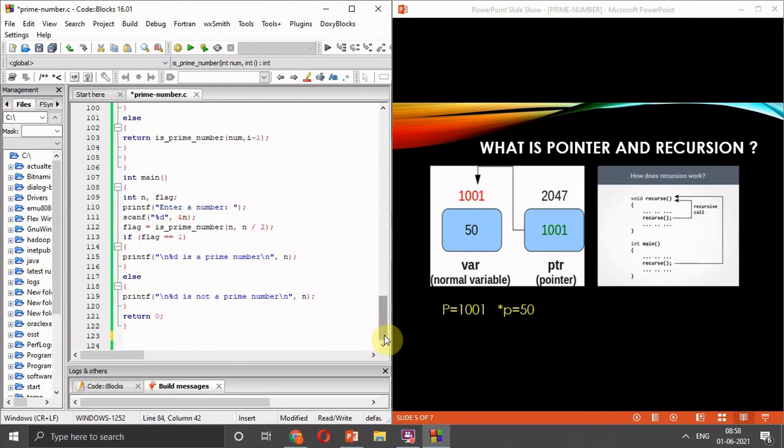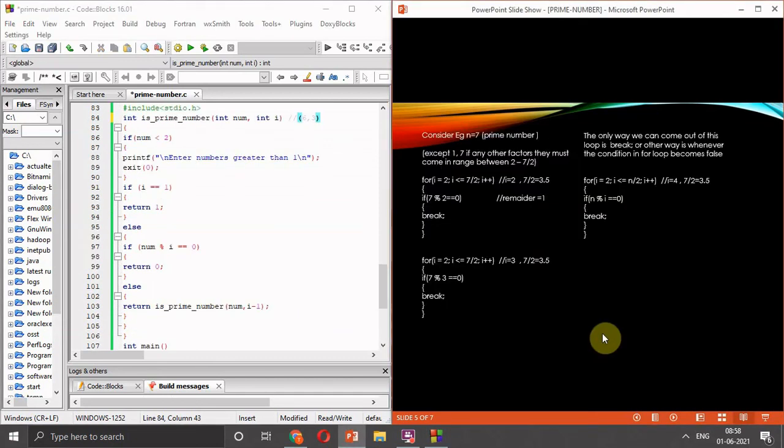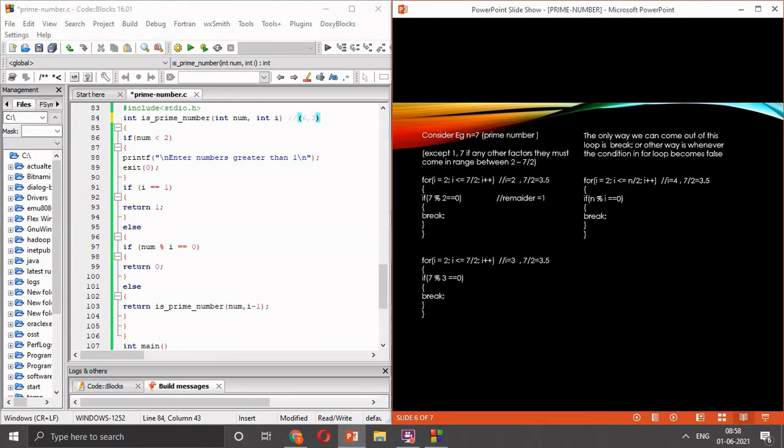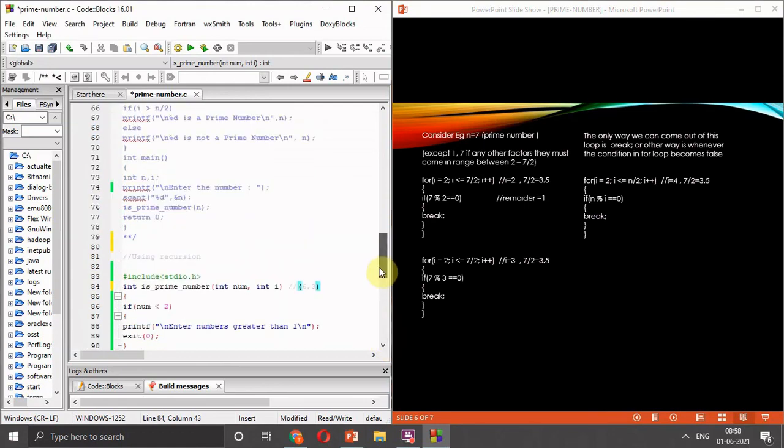Okay, so this is how we implemented the prime number program using loop, function, pointer and recursion, in these 4 ways. And can you tell me which one is the best approach for implementing it?